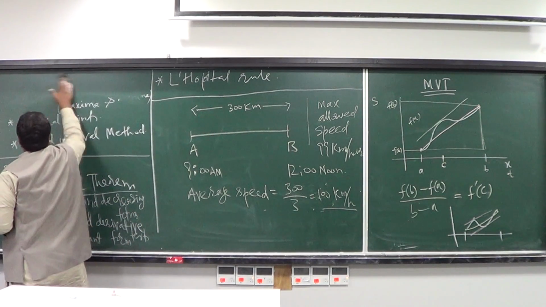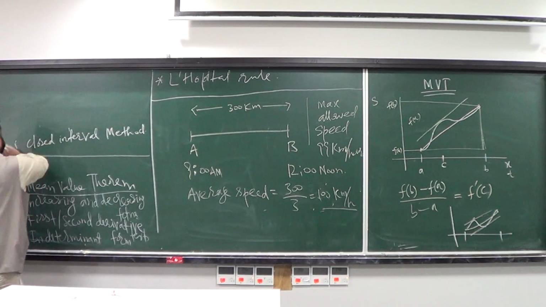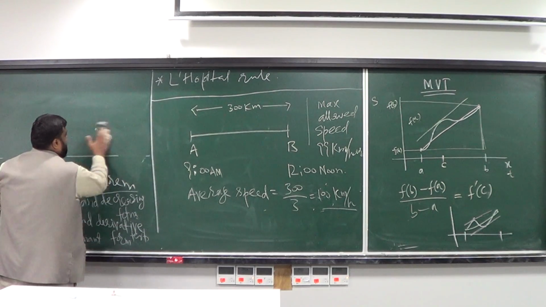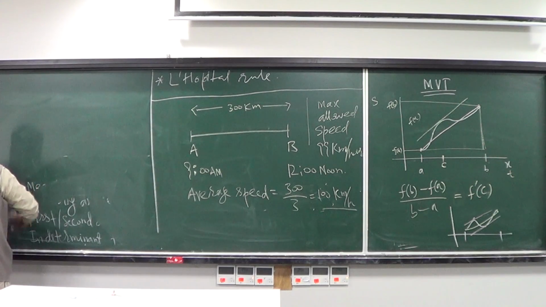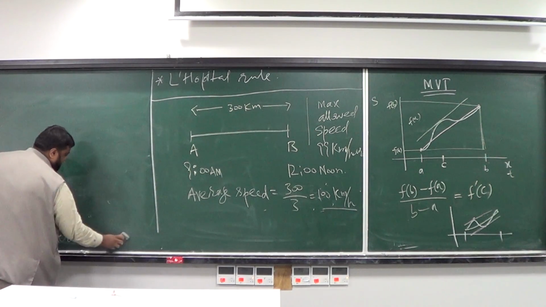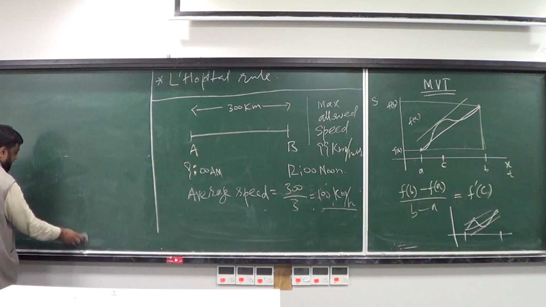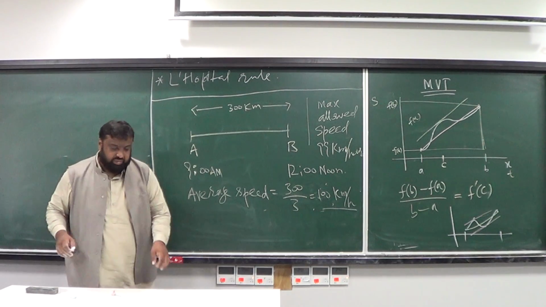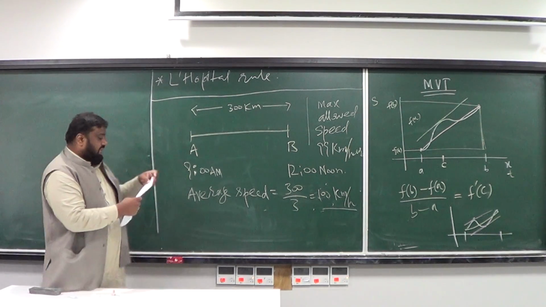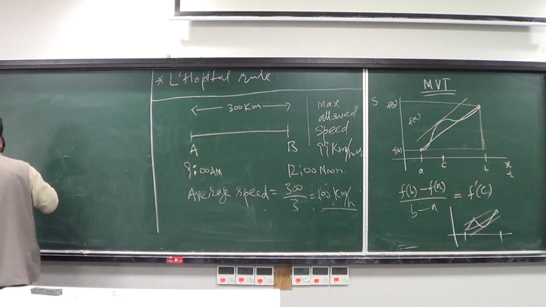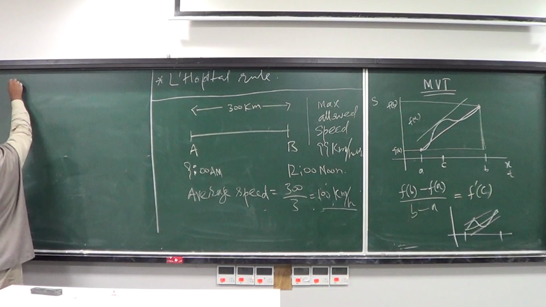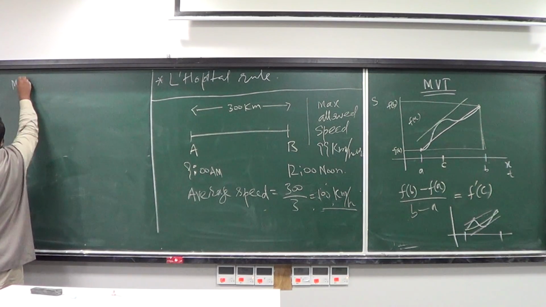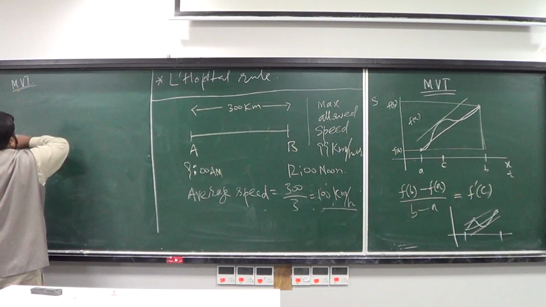It is a pretty interesting theorem, and it has lots and lots of applications, practical applications within mathematics and within sciences. So what is this theorem telling you? MVT. The statement says that